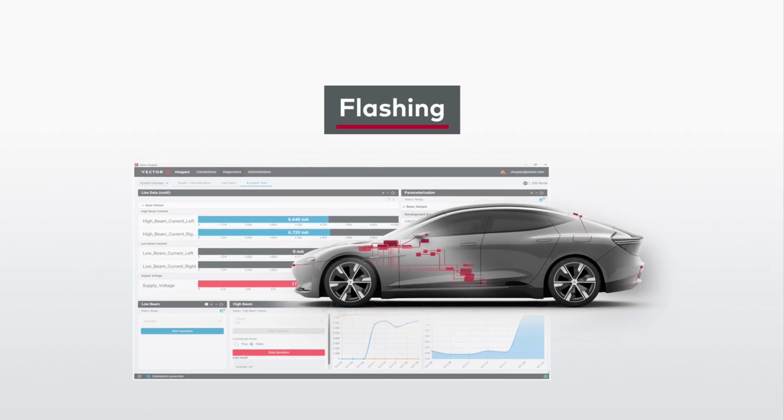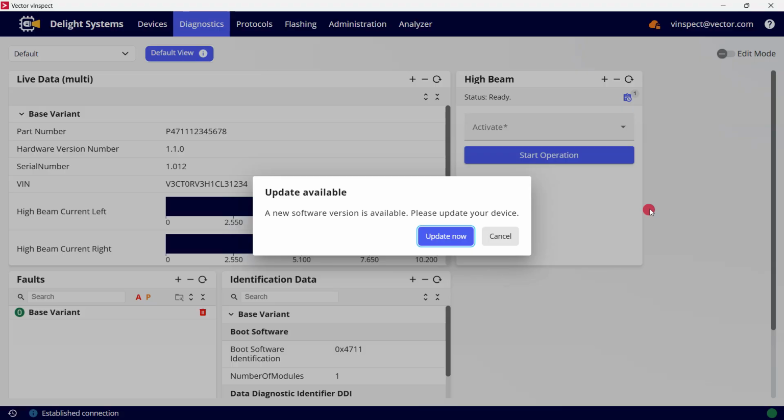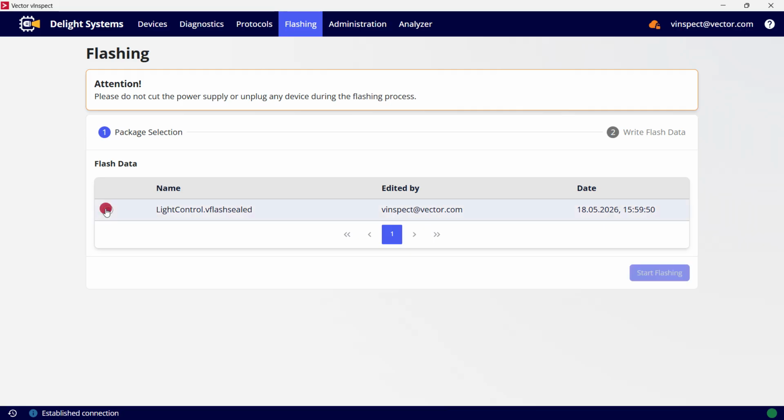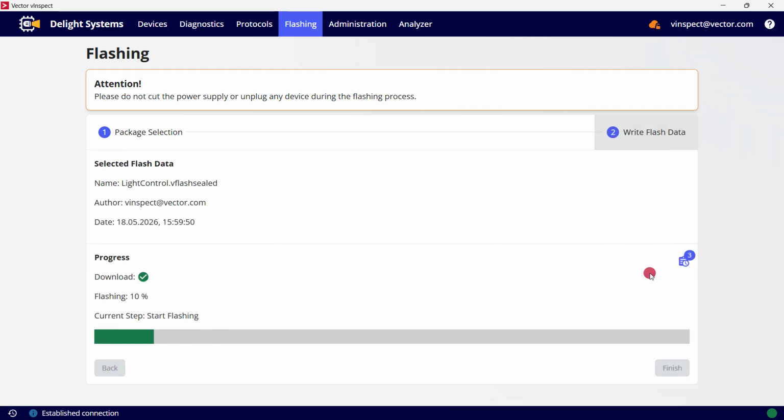In addition to diagnostics, vInspect supports software updates for components using prepared flash packages. Those flash packages contain the steps to be executed by vInspect as well as the data to flash on the device. When an update is available, the technician is notified immediately after the connection is established and can execute the